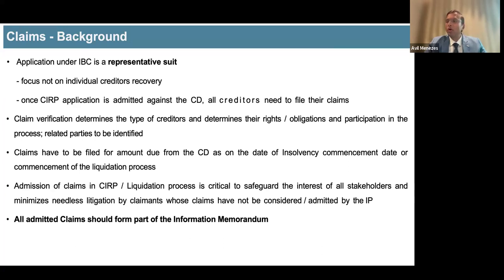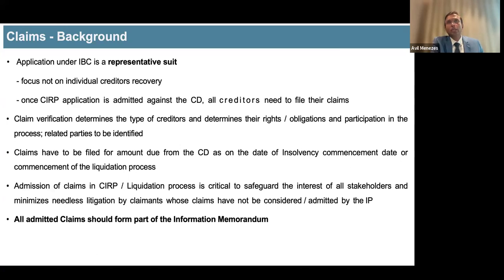So for a breach of contractual obligations, if a claim arises, then it needs to follow a due process. Either as an IP, you take that call, but you cannot sit in adjudication. Unlike a liquidator, the job of an interim resolution professional or a resolution professional, even the Supreme Court has clarified, is verification of claims. You cannot step into an adjudicatory mindset. So you cannot wear an adjudicatory hat when you are verifying claims under a corporate insolvency resolution process.